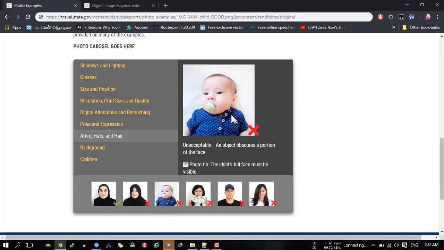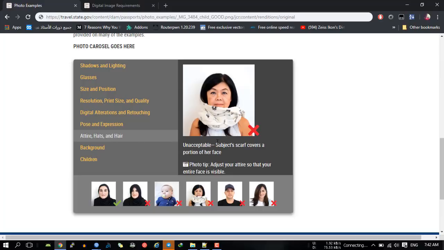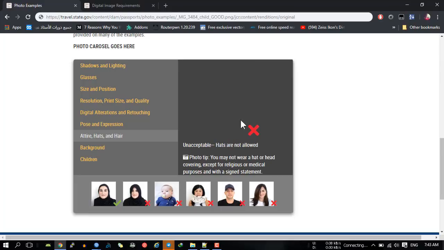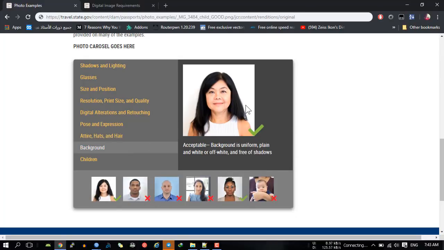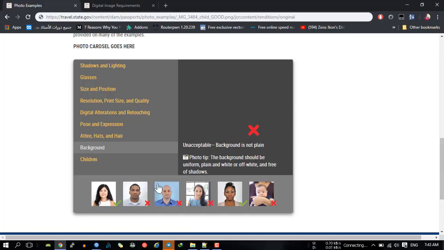Then you have the children. Children should not wear anything covering, and the face should be visible, not covered or turned away. Then you have some examples of unaccepted photos. As you can see, someone is wearing a hat, and someone is covering her face with her hair, which is not good. Also in the background, you should have a white background,